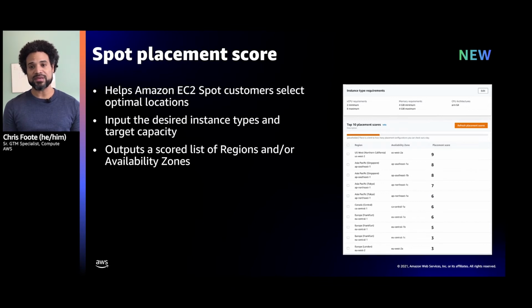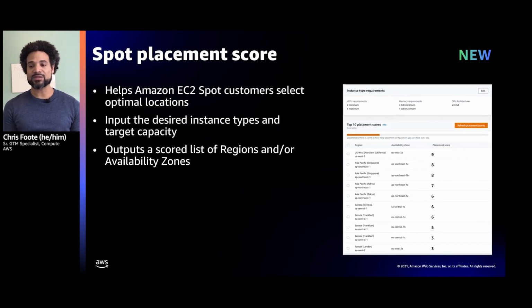Basically, that means you can define how many vCPUs your workload needs and how much memory your workload needs, and behind the scenes, we'll build a list of instances for you for that particular configuration, and we'll output a list of regions and or availability zones that have been selected for that particular workload. This would come in the form of a set of scores from 1 to 10, with the higher number being the better chance that that workload will launch in that region, in those availability zones, given your configuration.